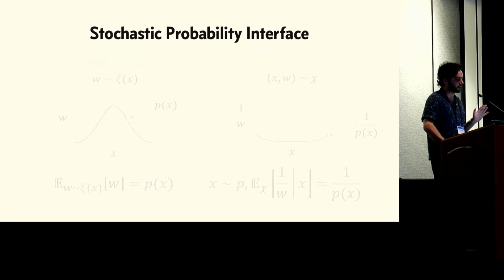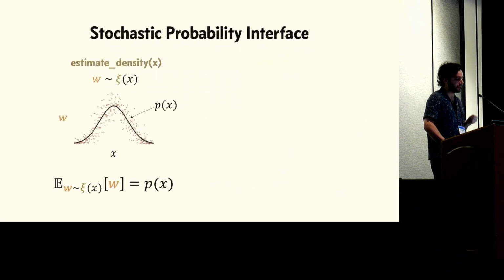The interface consists of two methods. The first is called estimate density, and it takes as input a point x and outputs a positive random weight w. It's probably the first thing that you'd think of when I say that we're going to be stochastically estimating densities. The correctness requirement is just that it's unbiased, meaning that on average, over many samples from this density estimator, you get the true density p of x. If this were all that we were doing, we wouldn't need a new interface. You could just go into the existing sample and density interface and swap out the density with estimated densities. But that wouldn't suffice for implementing the kinds of inference algorithms that we want.